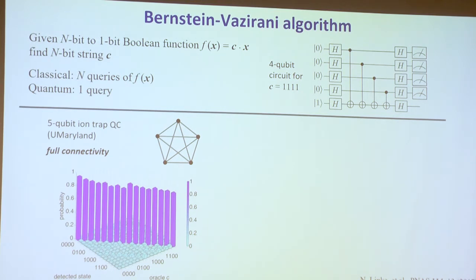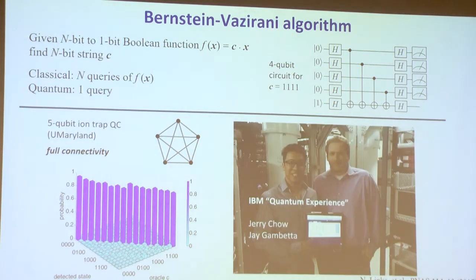Well, this is completely coincidental. Our friends at IBM also have a 5-qubit machine. It's called the Quantum Experience. They're now evolving up to 16 and 20 and so forth. But about a year and a half ago, they had a 5-qubit machine. This is my friends Jerry Chow and Jay Gambetta. And they've really engineered their system.